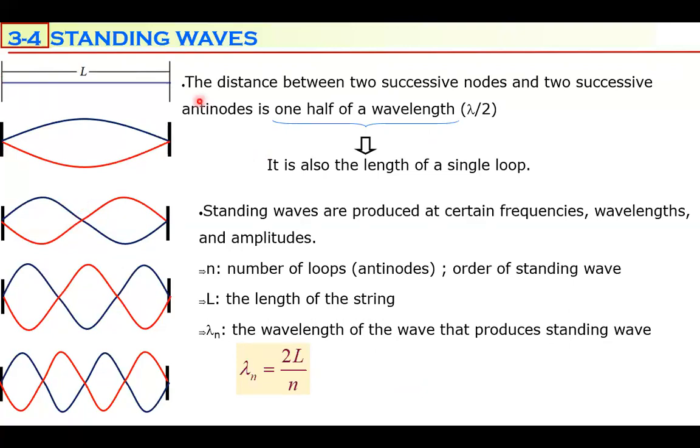If the length of the string is L, you can get at what wavelength you can produce a standing wave. For example, a first order standing wave forms at what wavelength? You are going to write here 1 and 1, so lambda is going to be 2L. A second order standing wave forms at what wavelength? You write here 2 and 2, 2L over 2, which is L. A third order standing wave forms at what wavelength? You write here 3 and 3, so 2L over 3. A fourth order standing wave forms at what wavelength? 4 and 4, lambda 4 is equal to 2L over 4, which is L over 2. So you can get possible